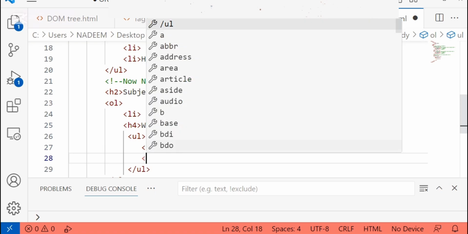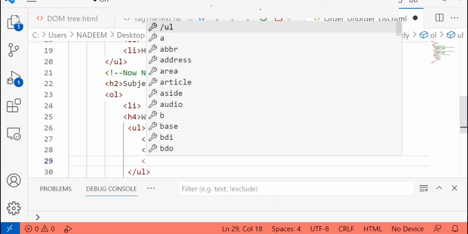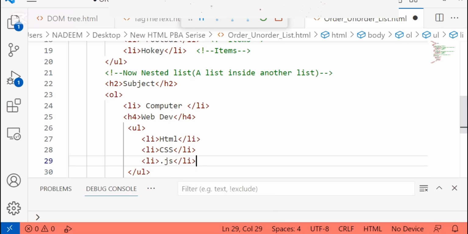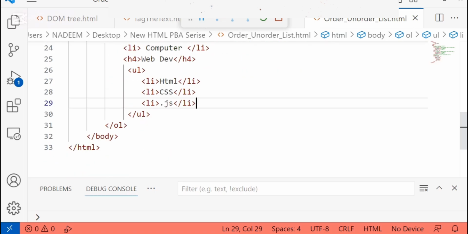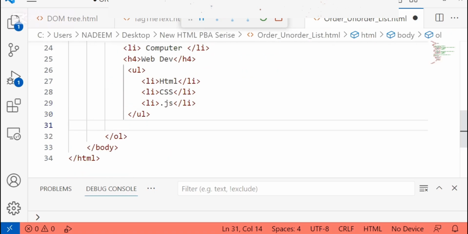So here I'm going to create an unordered list within an ordered list. In the unordered list, I have just mentioned 3 items that are most important: HTML, CSS and JavaScript. Basically these are our main topics that we will cover in this series. So these are our 3 items.